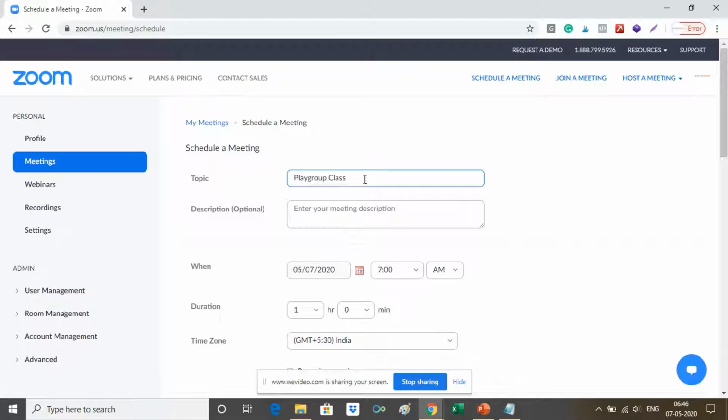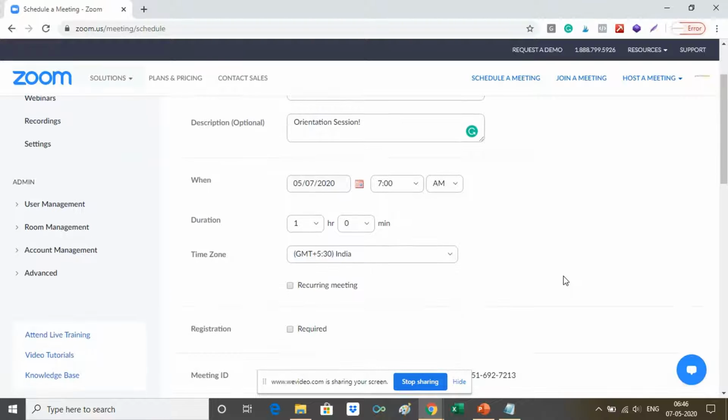Maybe there are 2-3 sections, then I would say playgroup class A. Under the description, you can mention the details of the session. For example, this is the first session. If it's going to be the first orientation session, I can mention it as orientation session.